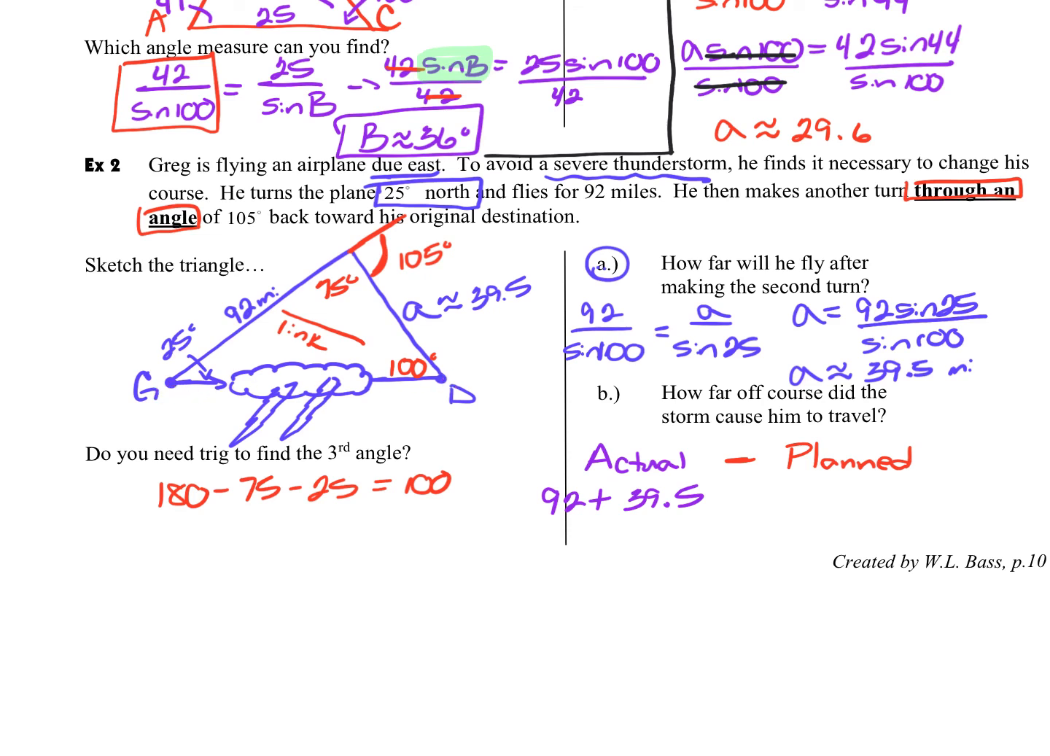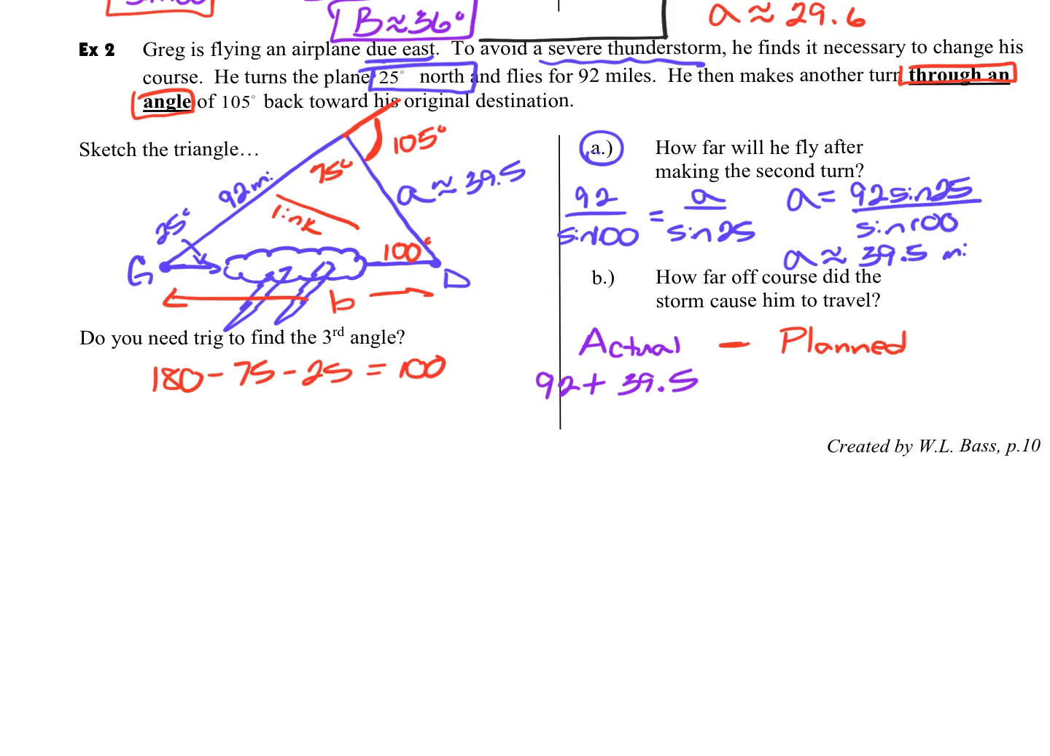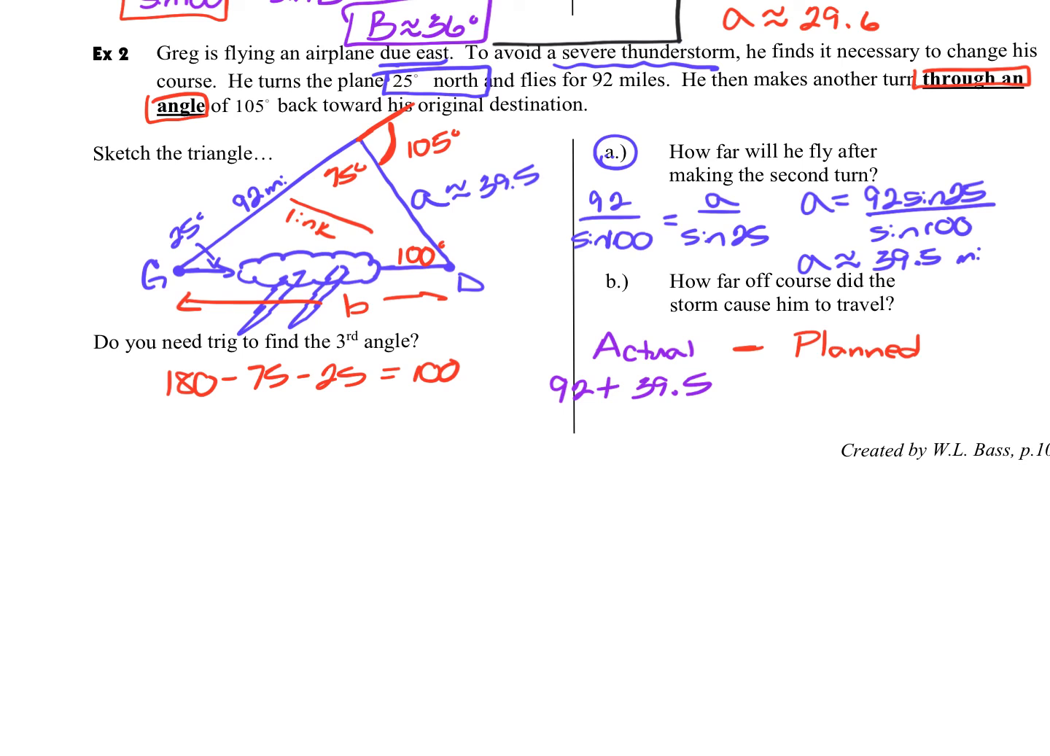So if we find that measure in the triangle, I'm going to call this B. If we can find this, then we'll know what the pilot originally wanted to do. Well, our B is going to be our same link of 92 divided by the sine of 100, and that's going to equal that side B, that planned distance, divided by the sine of 75. So again, you're going to go through the same algebra that you did back here, and you should be able to get a B value, a planned distance of